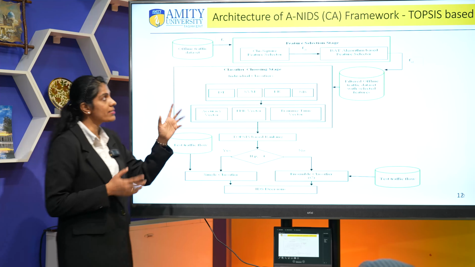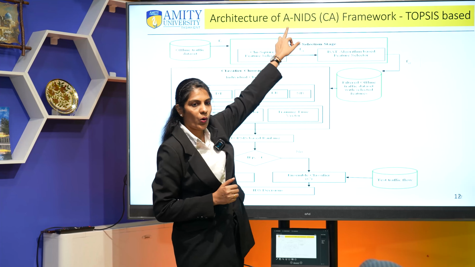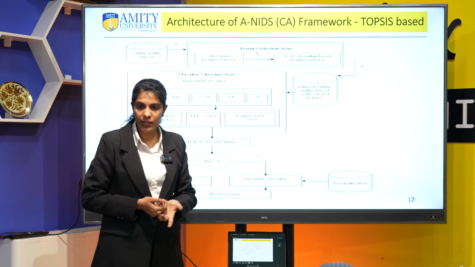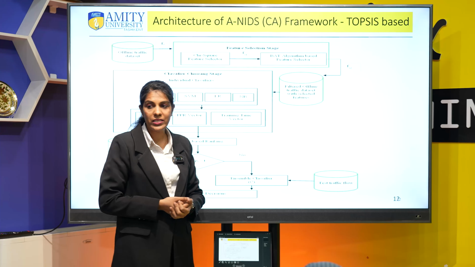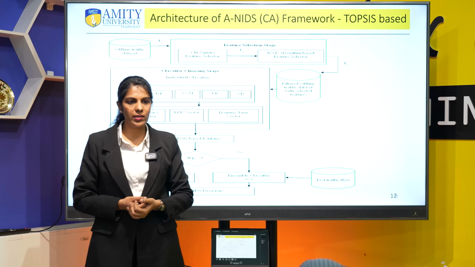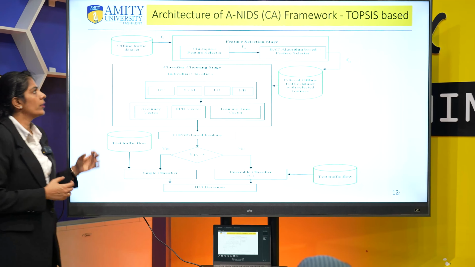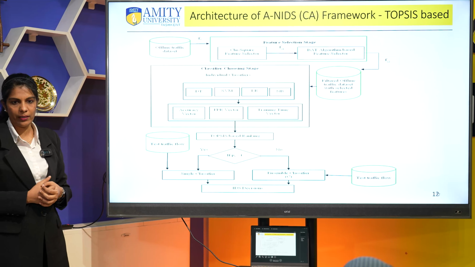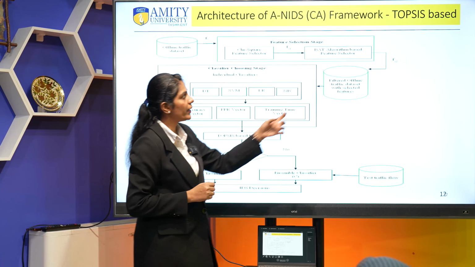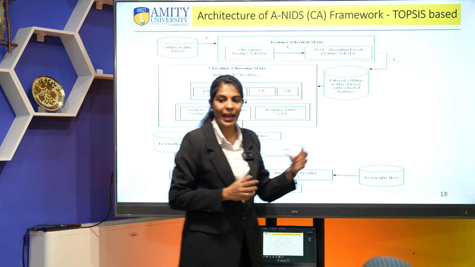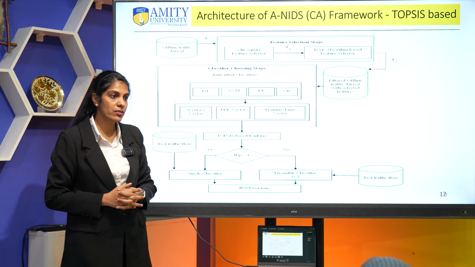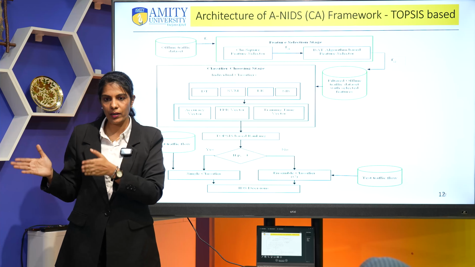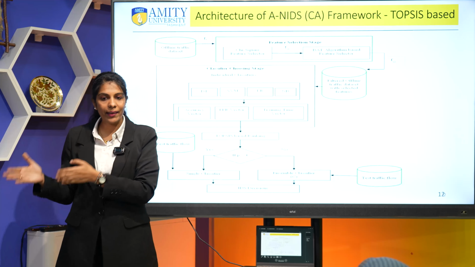I will tell you what ANIDS is. A stands for anomalous, N stands for network, I stands for intrusion, D stands for detection, S stands for systems. So we are going to talk about the network intrusion detection system, and this is my research idea, where I used one mathematical model called TOPSIS for ranking the performance of the classifiers in order to perfectly classify your traffic pattern and your attack pattern, normal traffic, attack traffic.